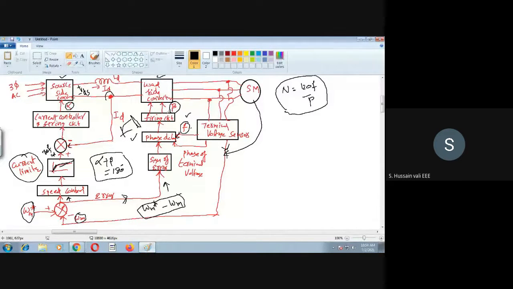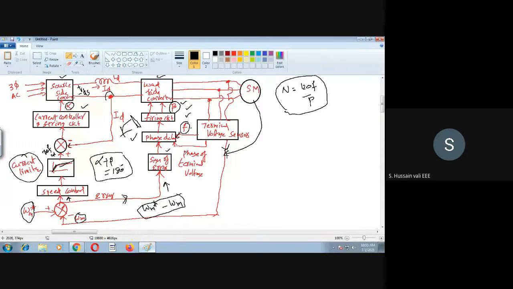Then the beta value depends upon what? Beta value depends upon the sign of the error. Why the sign of the error? So that the controller will understand whether the actual speed is more than the reference speed or not. If it is more than the reference speed, what should be the firing angle? If it is less than the reference speed, what should it be? This will be decided here. Then you will have the frequency also, which you sense here from the terminal voltage sensor. All these together, you will generate beta. So generate alpha, generate beta, then the same procedure. Once again the speed will be sensed. So this is the closed path, the complete closed path here.